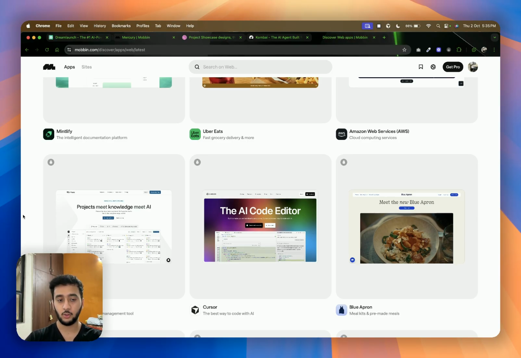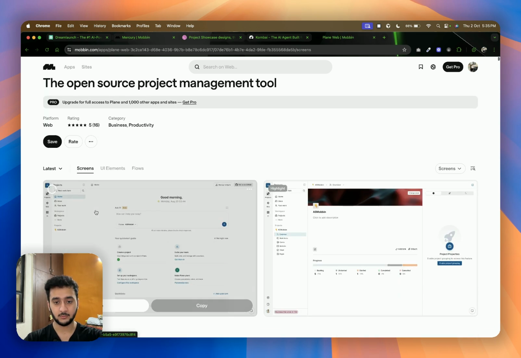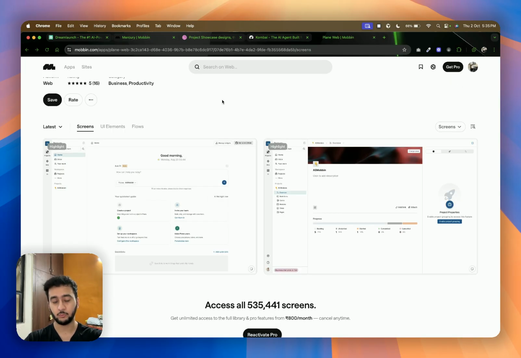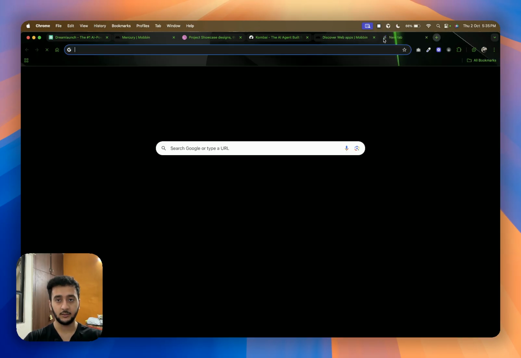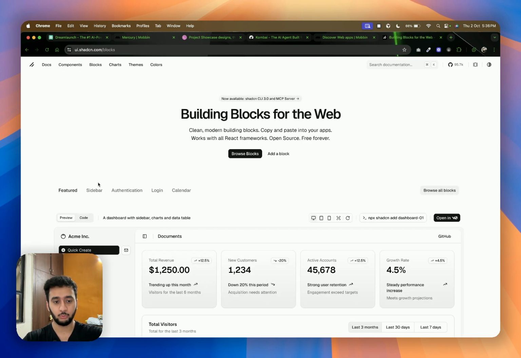So what you can do honestly a lot of times is just go to these websites. For example, Plain here has a pretty neat UI. You can see stuff and try to understand what inspires you from this. Another thing is using Stratsion. I am a huge fan of Stratsion. I think it's one of the best UI guidelines for any developer who doesn't really understand design. If you're good with Stratsion, you don't need to worry about the groundwork, and you can do components, you can do blocks.